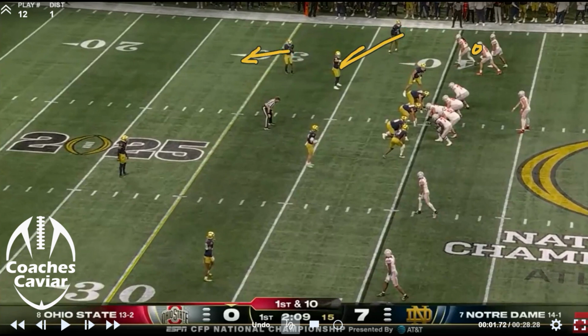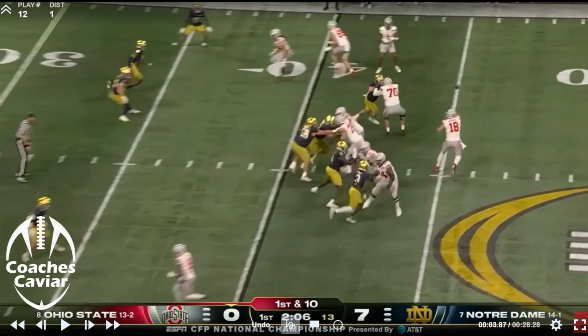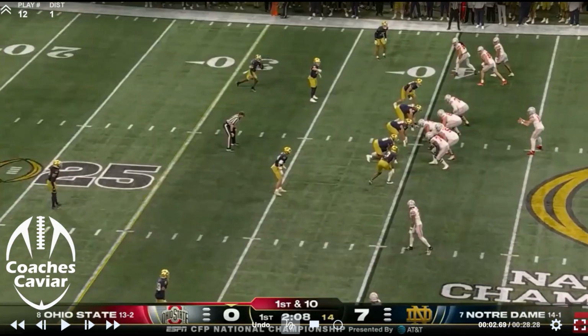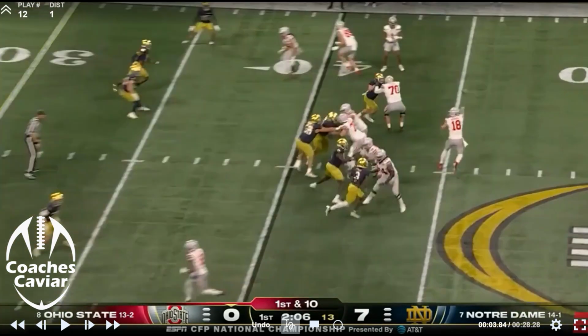This guy's way too high over the top. He's really not going to be a factor for the screen. He even slides into the box. So right there, just going to take 1, 2, flip the ball out there to him. One of the more dynamic guys. This is a great job of just finding a way to get your guy this ball in space